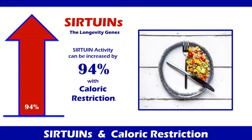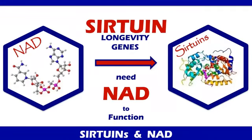And even if they could live on it, they don't want to, because even though it would extend their quantity of years, their quality of life would be impacted. And so scientists studied this, though, and what they found is that caloric restriction actually stimulates an enzyme called NAD, or